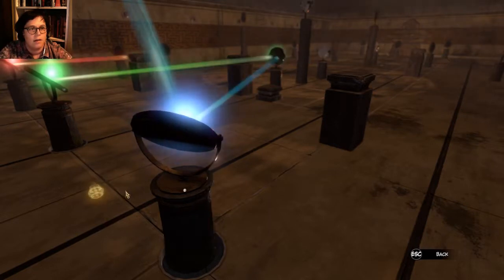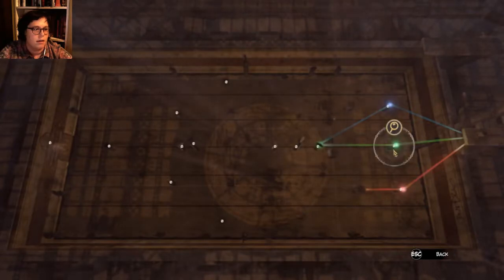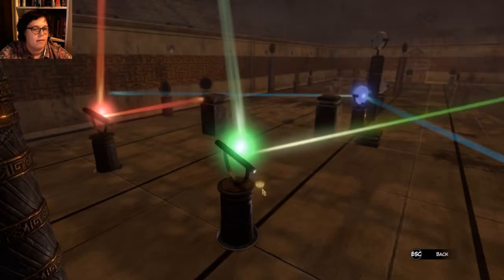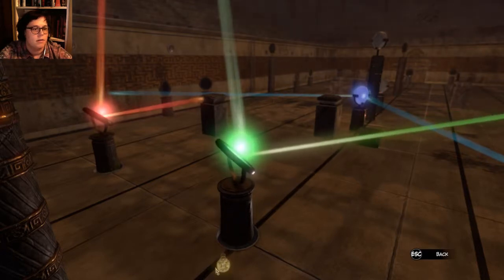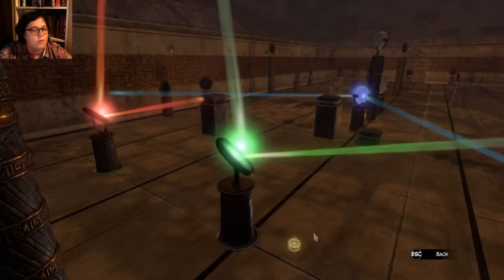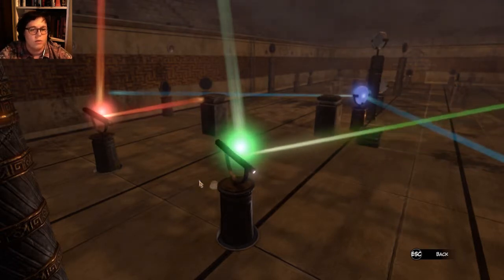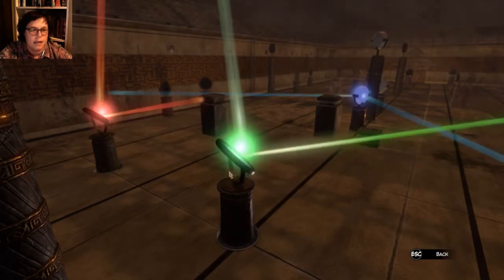Okay. Fine. So maybe this one shouldn't hit there. Oh, well, it's doing something. Okay. Any of those would be fine. Any of those would be fine, game. Anywhere where I'm not just stuck against a wall, that's fine. Oh, is the game kind of telling me? Because if it's not...